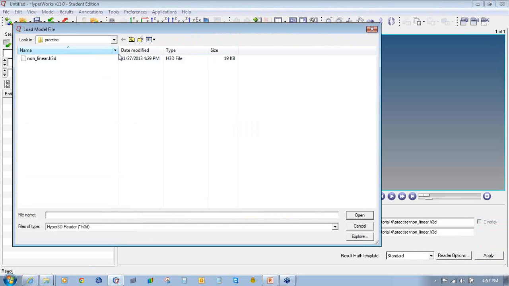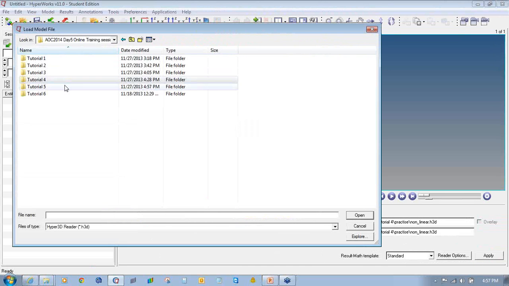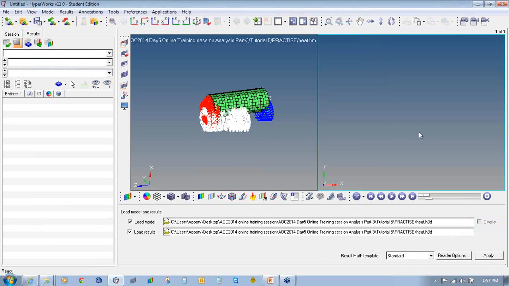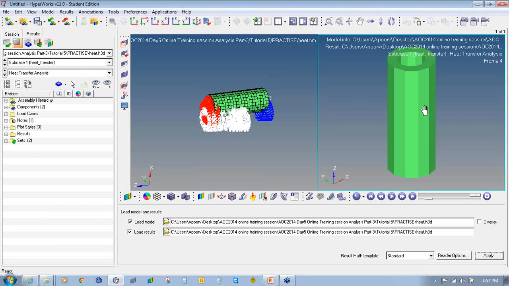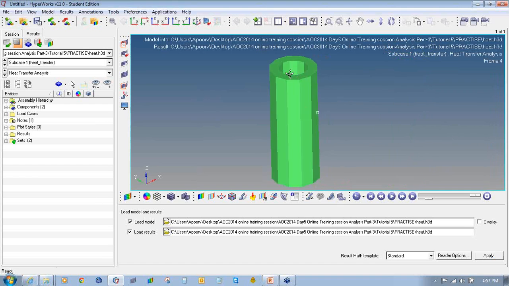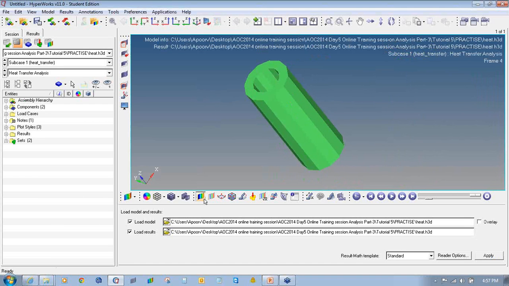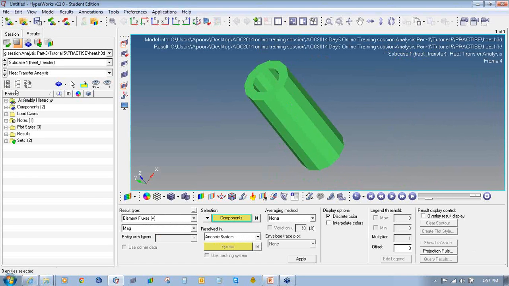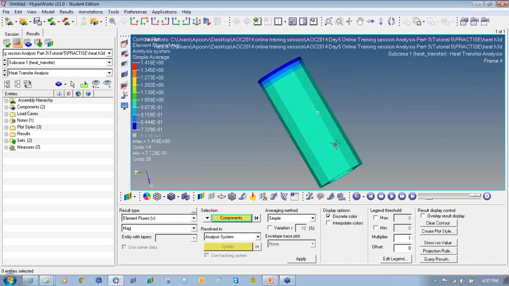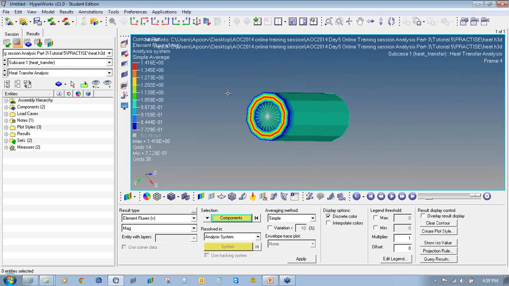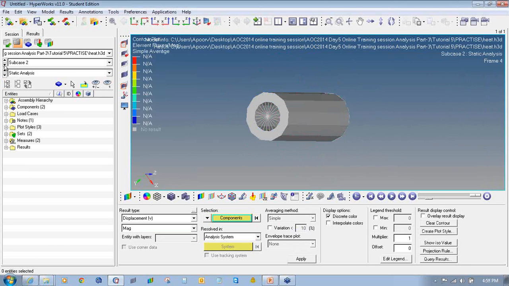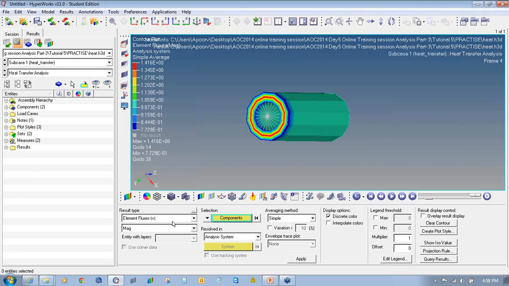Load the model. Maximize it. Go to contour. This is the element flux for heat transfer. Temperature